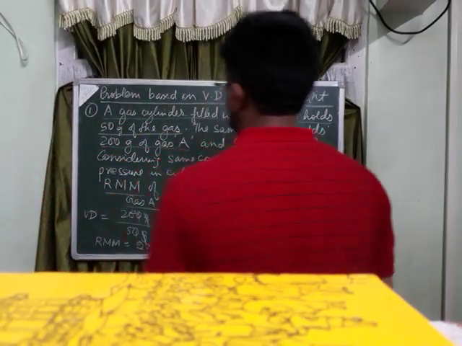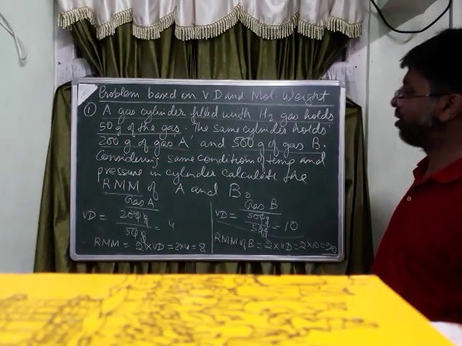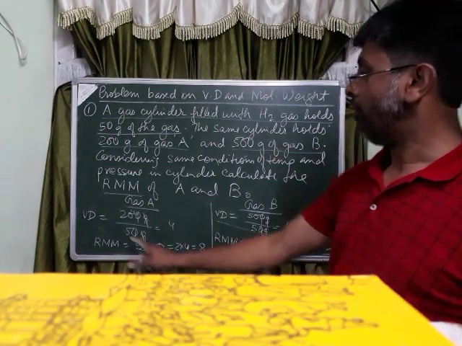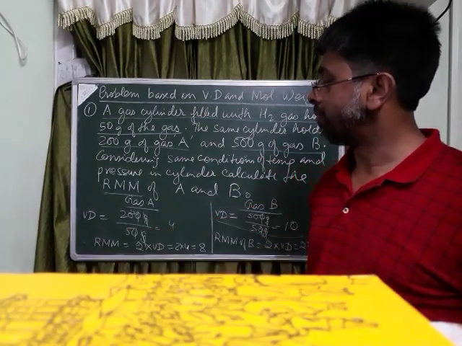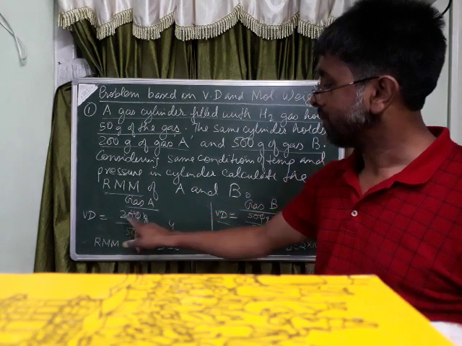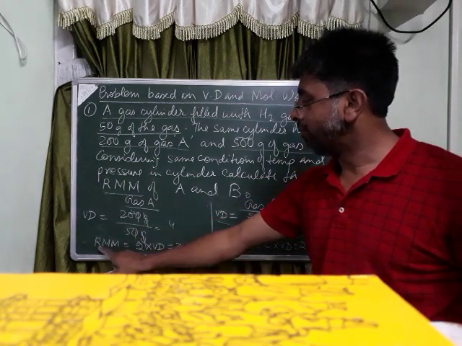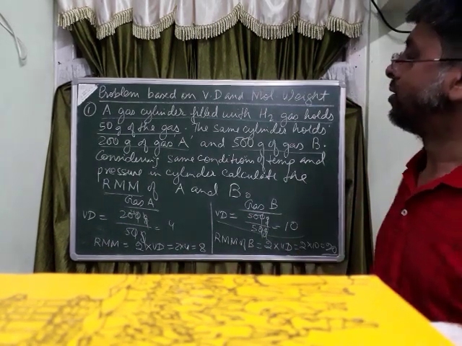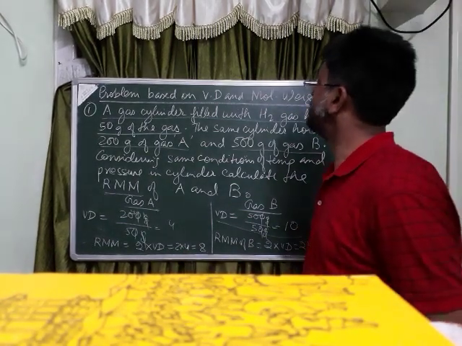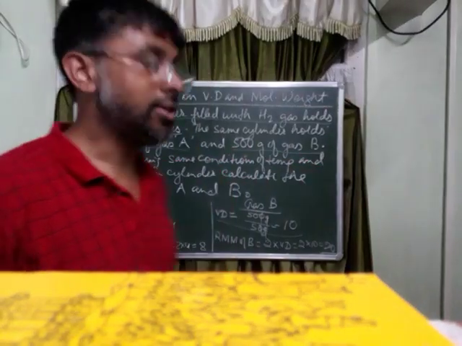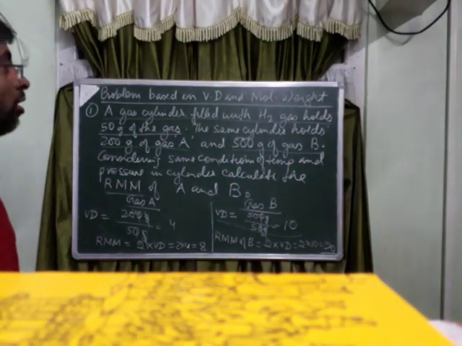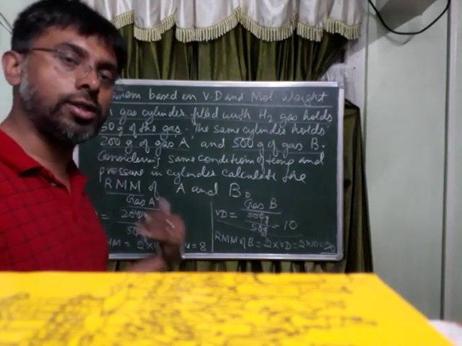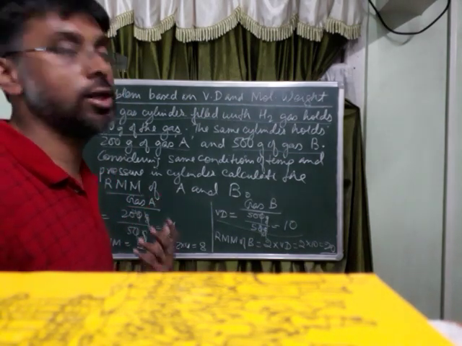So this is how we do problems based on vapor density and molecular weight. It is a direct formula based sum where we must remember the relationship between vapor density and relative molecular mass: relative molecular mass is twice into vapor density. So these are your answers. This is the first problem based on vapor density and molecular weight. Please copy this properly and try to understand it. Any clarifications, I will do on this once we meet personally in the classroom.